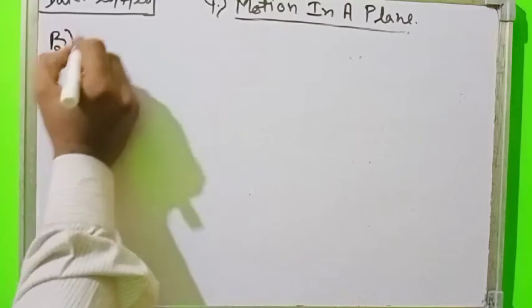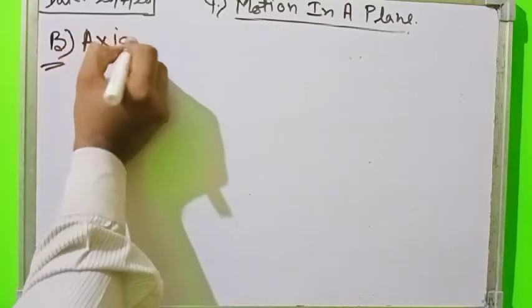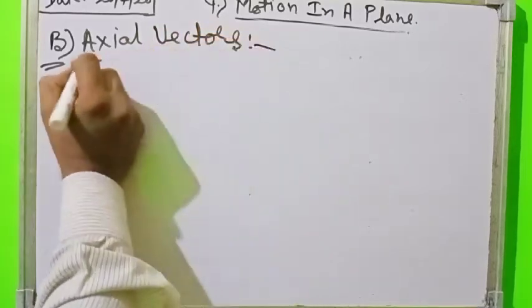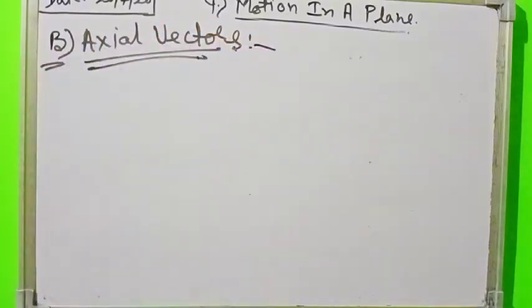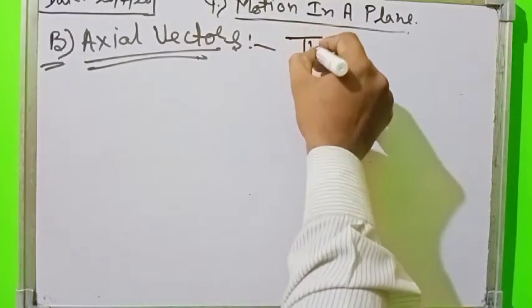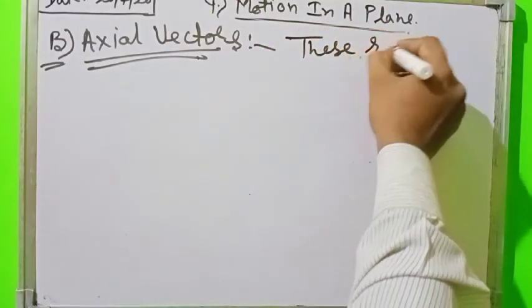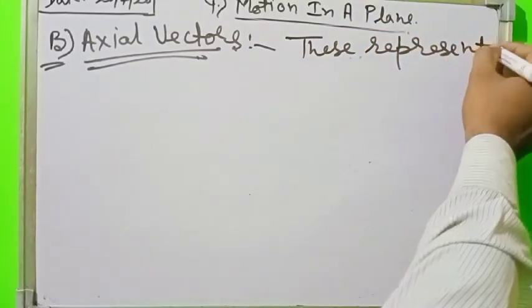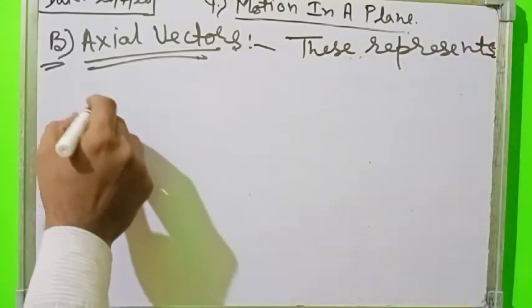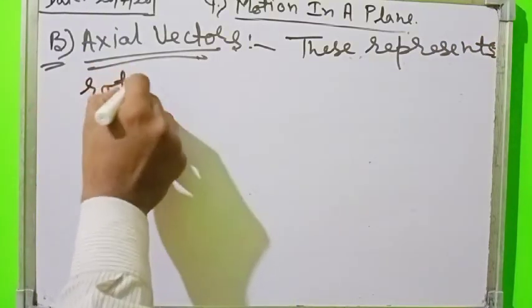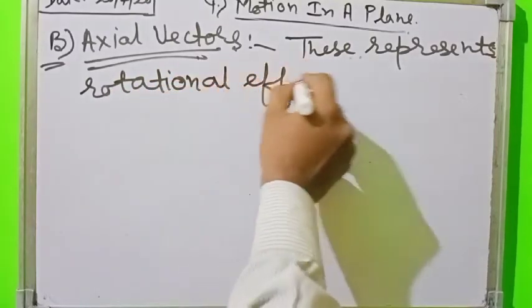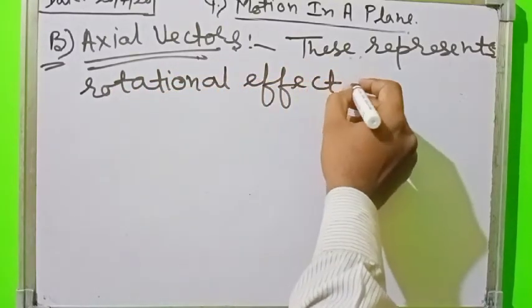Second one is axial vectors. These represent rotational effects